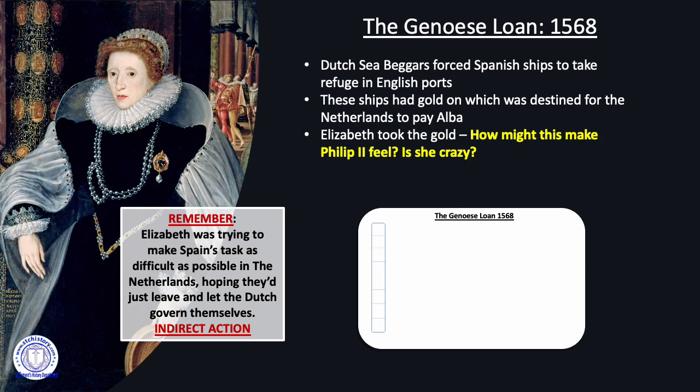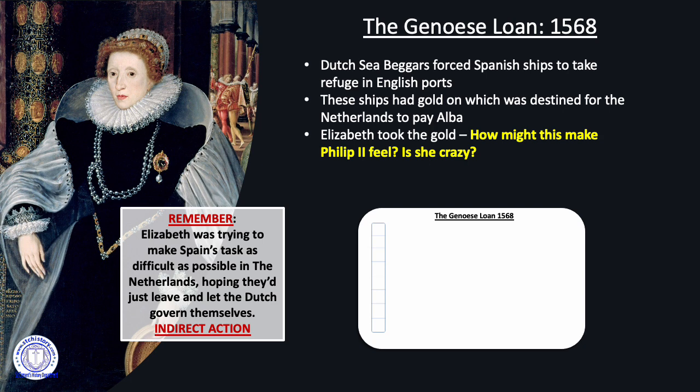What I will say to you is after a few weeks of this, she basically just gives Philip the money back. I feel like she was always going to give the money back. Remember, she's just trying to be a nuisance. Maybe Philip got particularly angry and threatened her, and that changed whatever plan she had. But I think logically, she's in no position for a war with Spain. This was just about delaying money going to Alba. Hopefully, the soldiers will get fed up and want to go home.